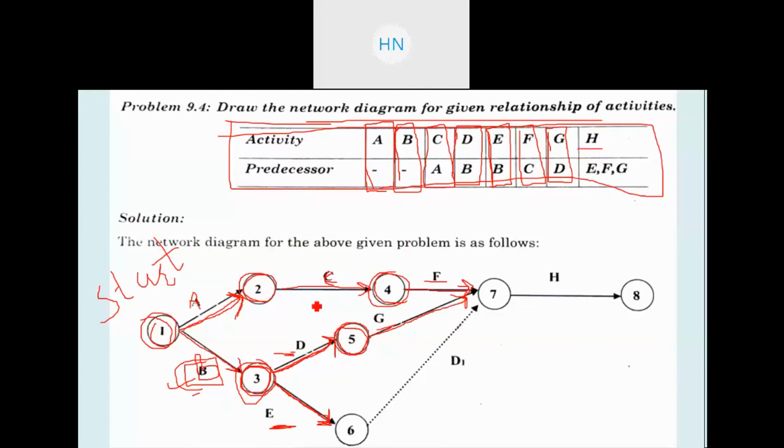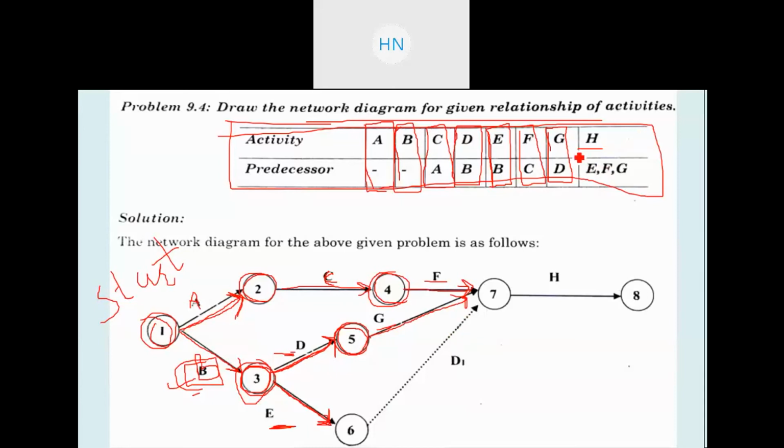Here one thing you need to keep in mind is that it is not compulsory that you get this kind of figure initially. First of all, you need to draw the network with the help of a pencil, and then you need to modify it if the requirement is there, right? So you need to modify the network accordingly. As you go with the further data, you need to modify the network, right?